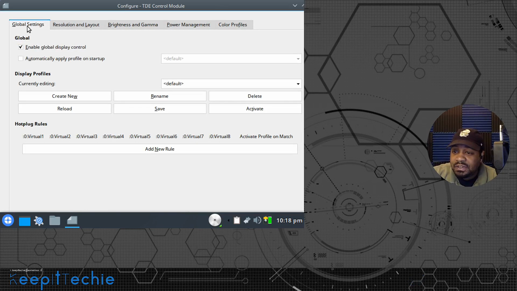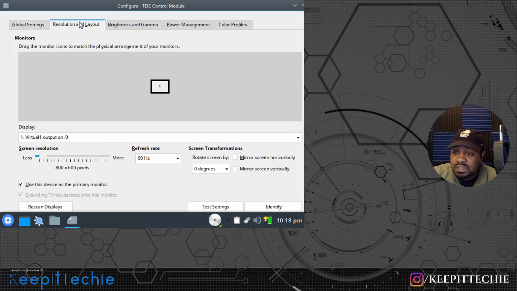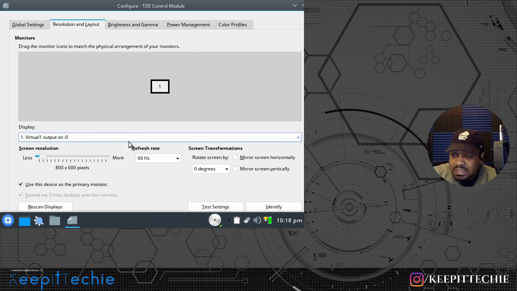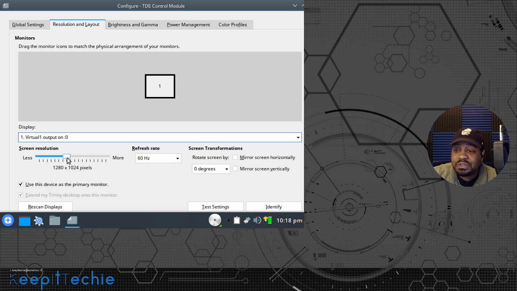There we go. I had to enable the global display controls. So let's go to the resolution and layout, and let's see. Oh yeah, you've got to move it around. This is kind of old school. This is very old school. This is cool. So what's been working for me just to make it look right is